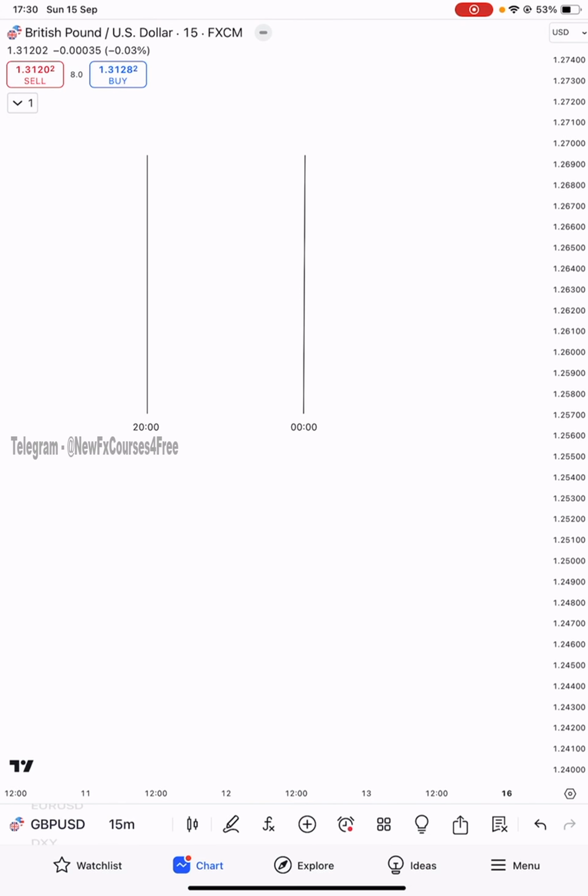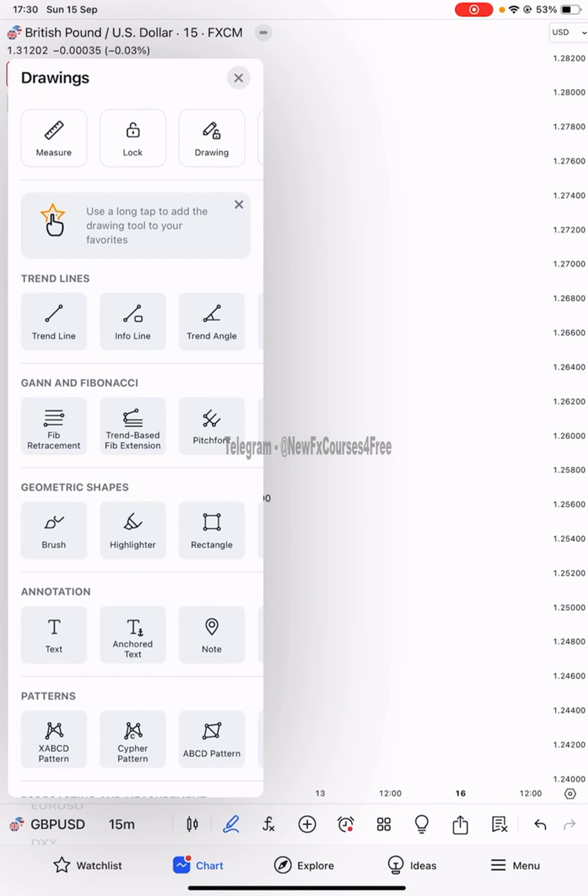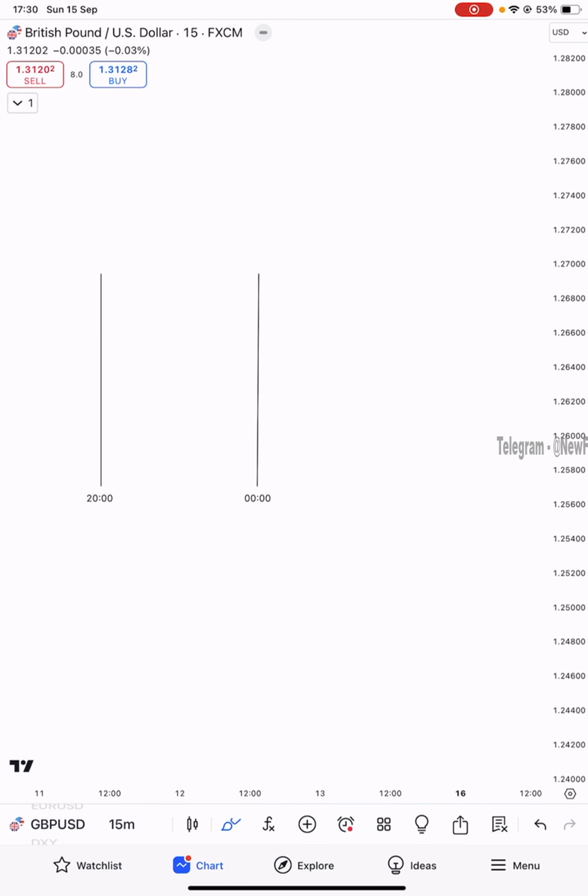Why? Because most of the time, if you go back in your chart, you'll see a spike in volatility at 20, so 8 p.m. New York time. So that's the Asian session, and I say Asian range because, obviously, the Monday range model is universal to all markets. The Asian range model is for Forex and especially